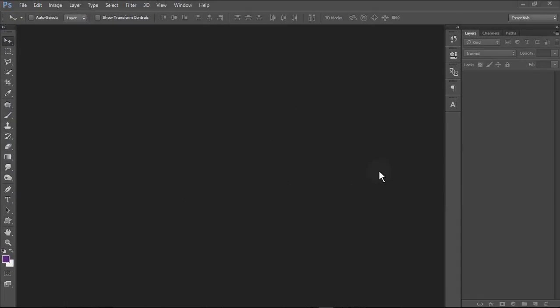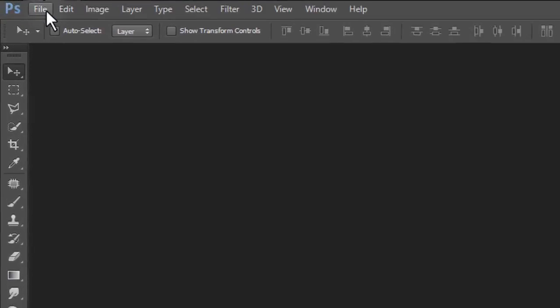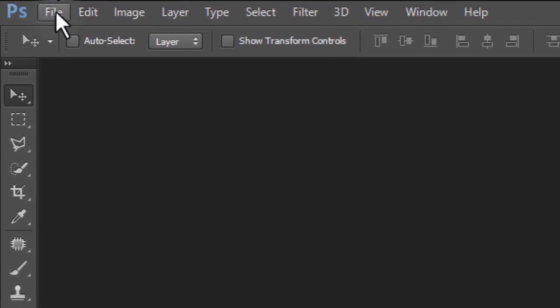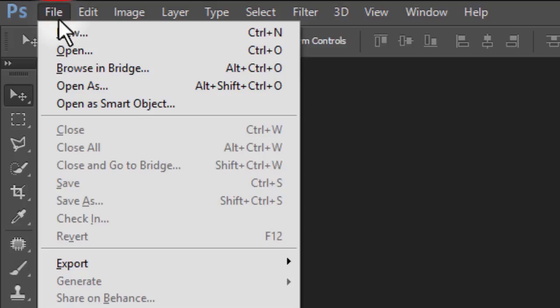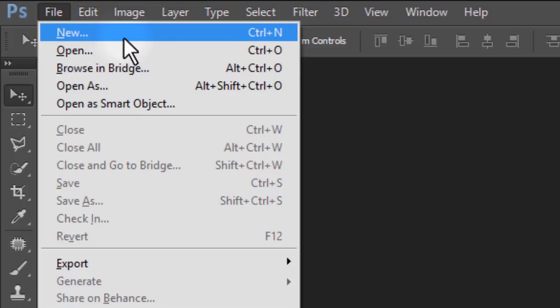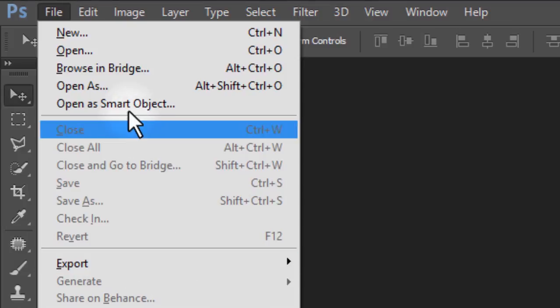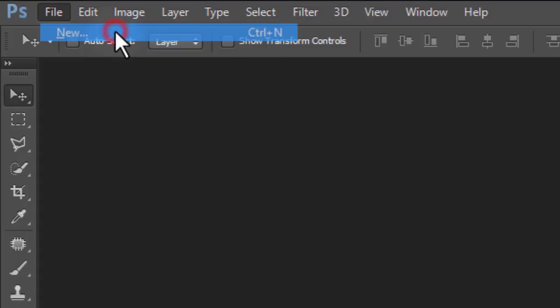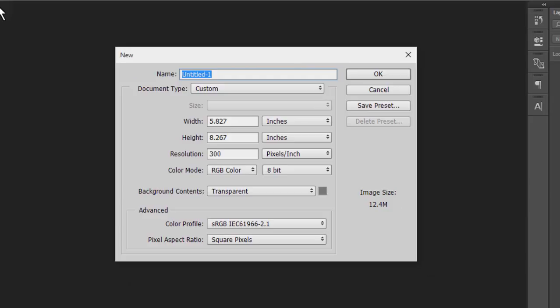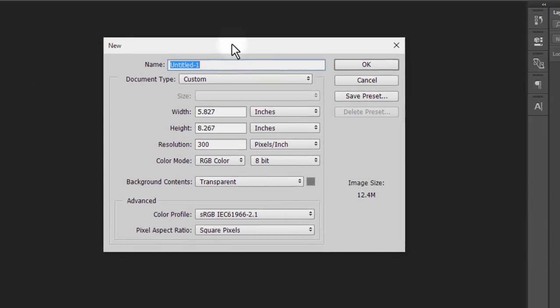Alright, let's get into creating a new document and opening an existing document. Okay, creating a new document, we have to come up right here to our file menu. Then click on it and you're gonna see a list of menus. Then we're gonna single click on the new command at the top and we are gonna have a dialog box